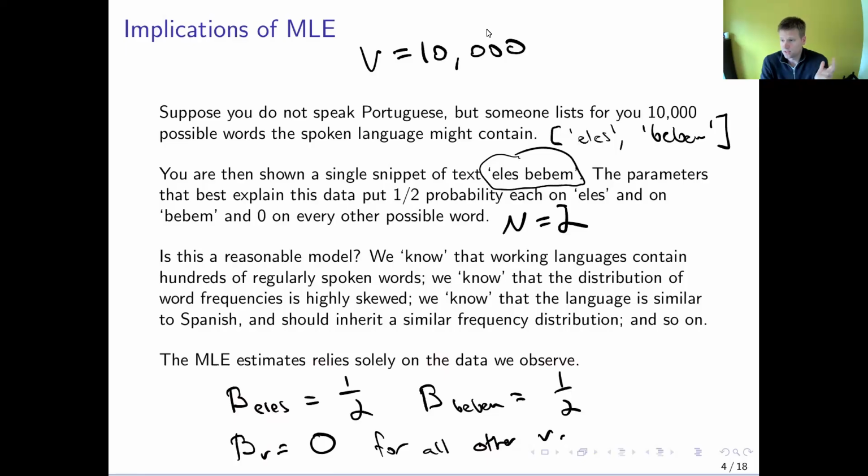We know that Portuguese is similar to Spanish, and so this is not really how Spanish would look, and so on and so on. So what's the problem here? Well, this happens all the time in machine learning. So if you've had any background in machine learning, you know that when we try to do inference on many parameters,